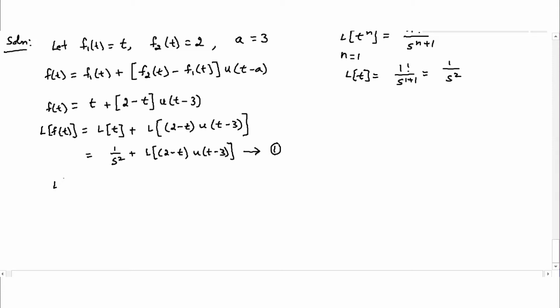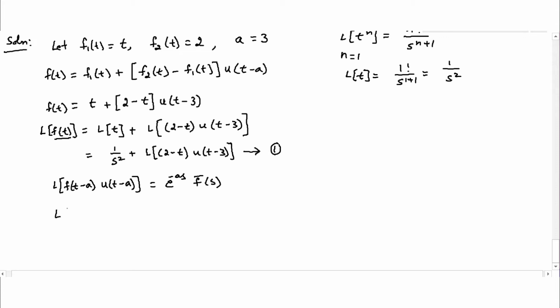We know that the Laplace transform of f(t − a) u(t − a) is equal to e^(−as) times f bar of s. Since I have already used f(t) over here, if I try to find its Laplace transform, once again I will be getting f(t). So just to avoid that confusion, I can rewrite this as